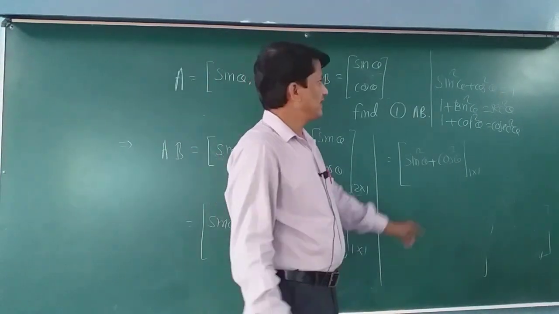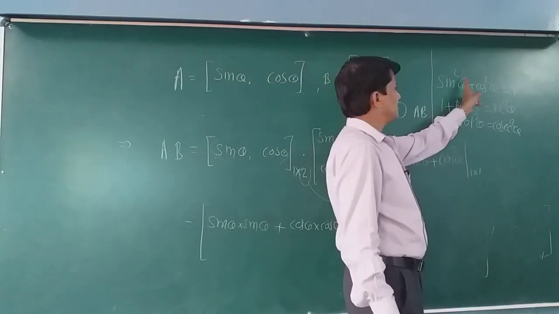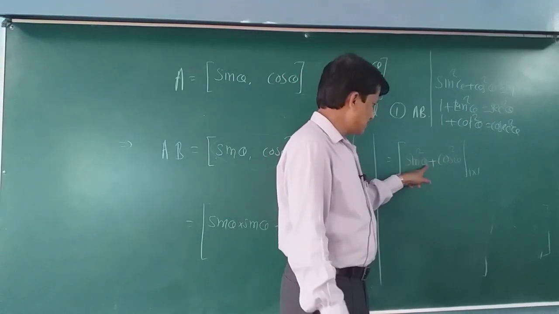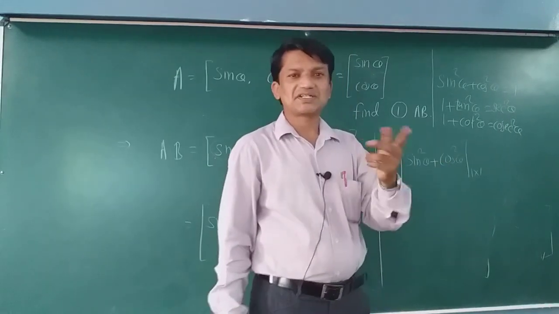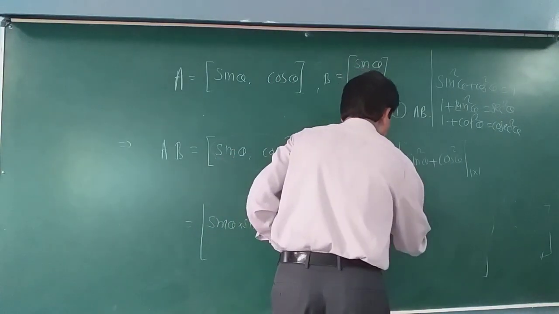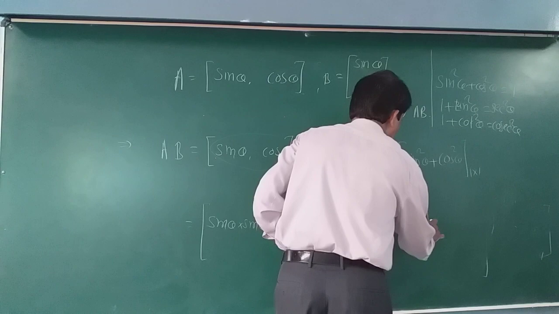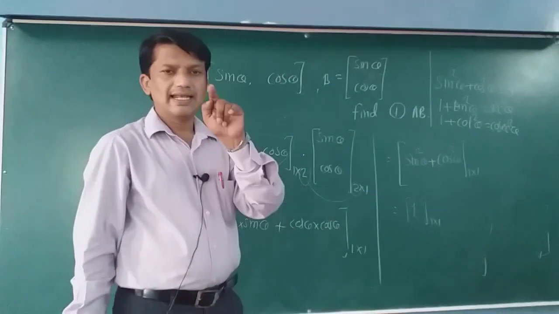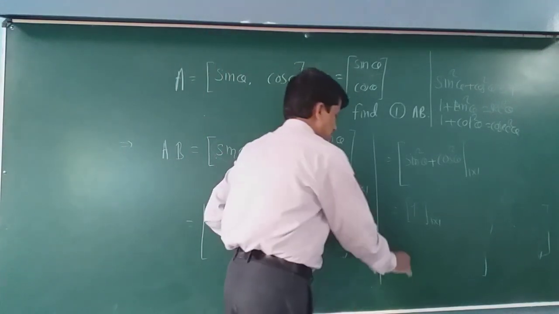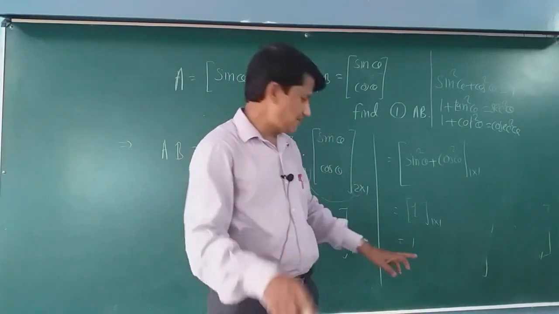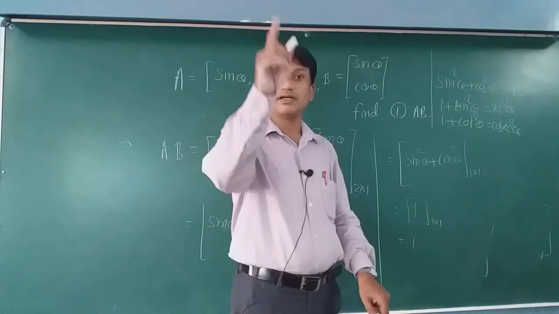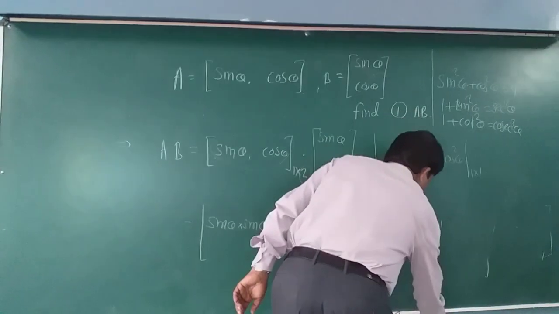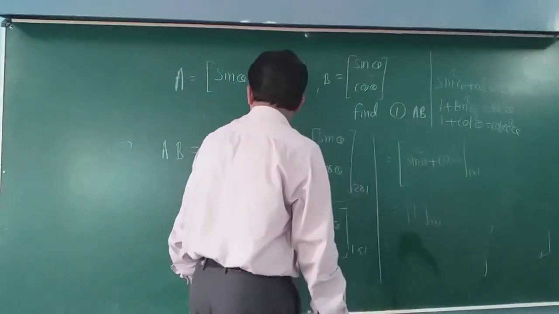Look at our first identity, sin square theta plus cos square theta. What is the answer? That is 1. So this gives us, in a matrix, 1. So 1 by 1, this is the order. And this is our last result. Don't say the answer of this matrix is only 1. 1 is a particular number, but this is a matrix having only one element. This is about the matrix.